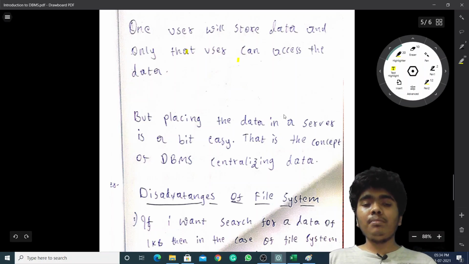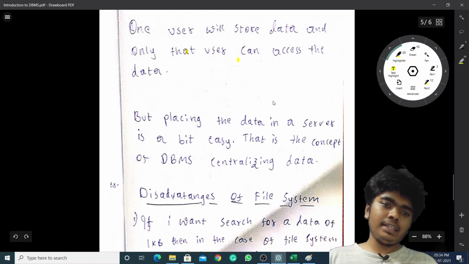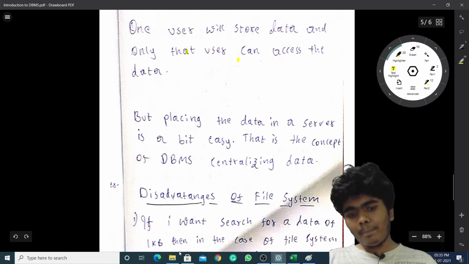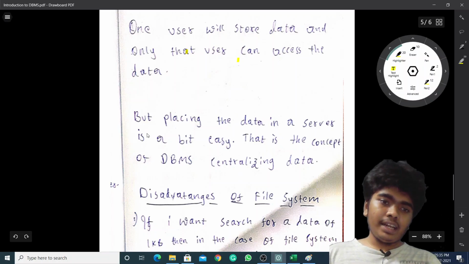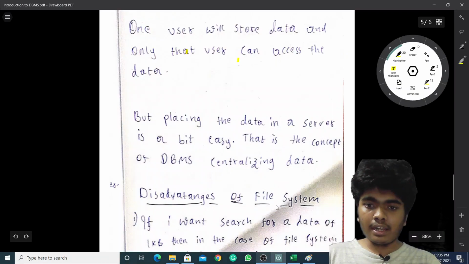We get a shareable link. If we paste that link in the browser, the data opens from the server. That is easy compared to storing in these drives.